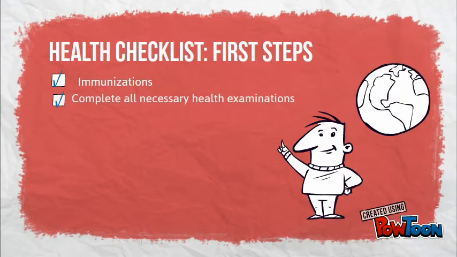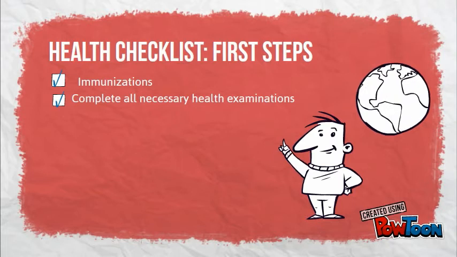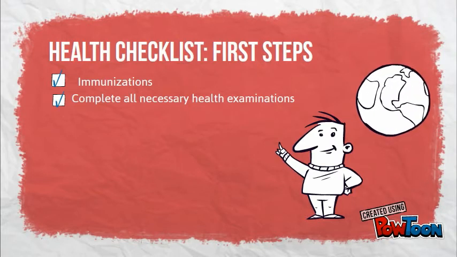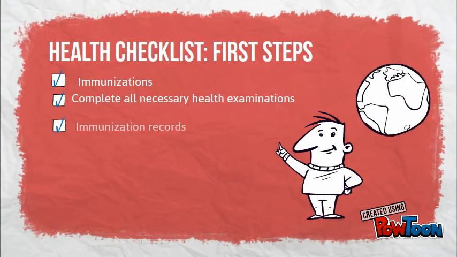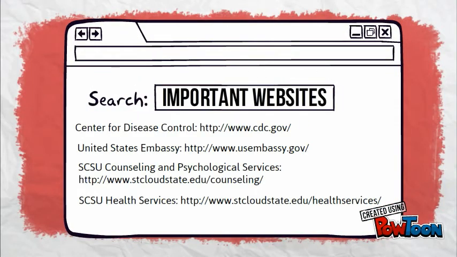It is suggested that you complete physical, eye, and dental examinations at least 3 months prior to departure. You should have your doctor's contact information in your possession while abroad, including phone number, address, and so on. You should also bring immunization records with you in the event you are asked to provide this information. You can obtain your immunization history from your doctor or nurse practitioner. Here you will find a list of important websites that will provide you with vital information while abroad. Take a few minutes to explore each of the websites and note how they apply to you in your study